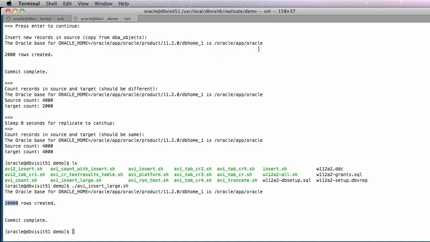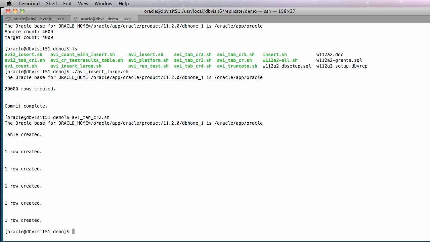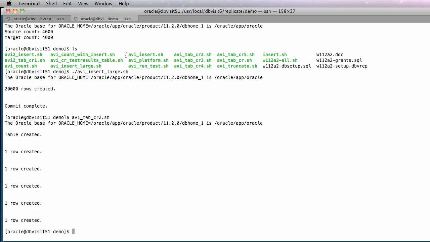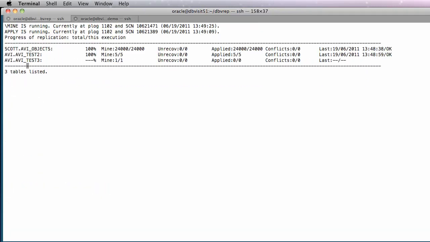So very, very impressive. And the other nice thing that Replicate does is we can create some new tables. So we'll create a new table, insert some records, because as we said, we replicate the whole schema. So there we go, there it is, the new table has been created and it's been replicated as we speak. So there it is, 100%, 5 records have been replicated to the target. So we'll try that again with another table and watch it real live. So there it pops up onto the Replicate console, and then we can see AVI test 3